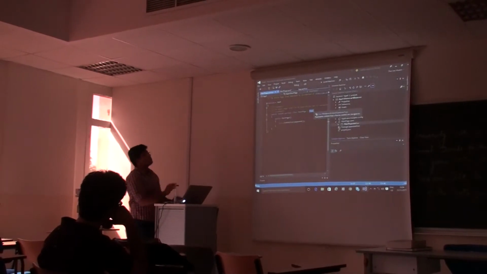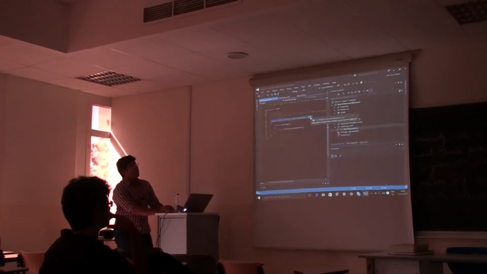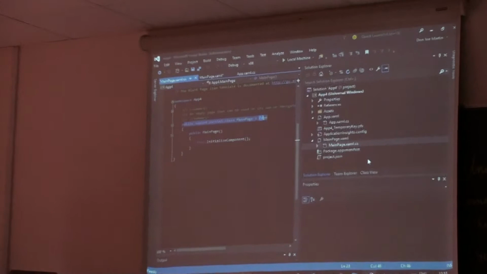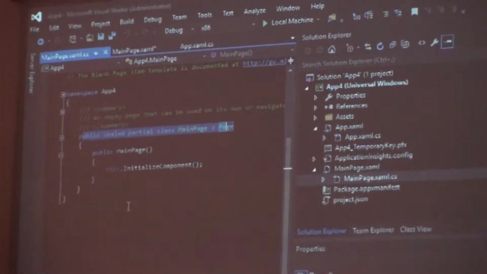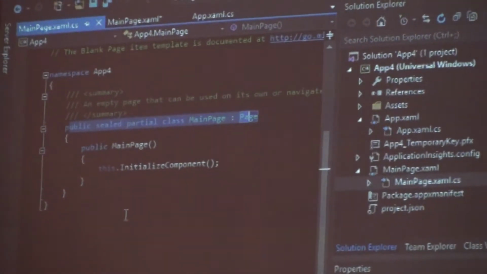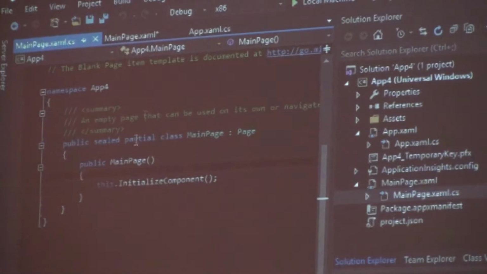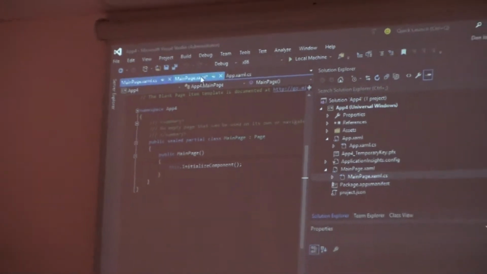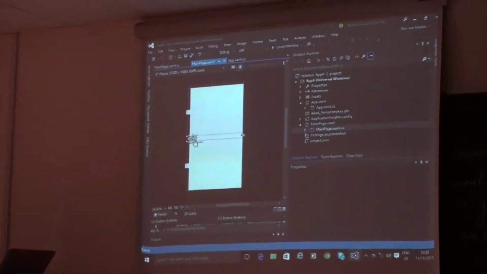The only thing you should do is call it the public sealed partial class. Whatever code you write in that separate page, plus whatever code is there in this page, all of this is going to come together into your app. So that's basically the concept of partial class. Don't need to worry about that because that will all happen in this code. The only reason I explained it is so that you have a very good idea of what is going to happen with all your code.